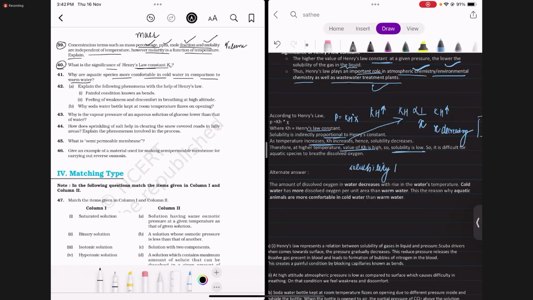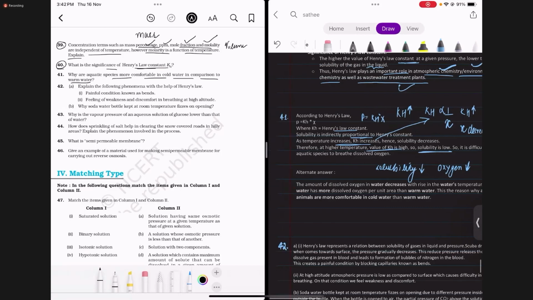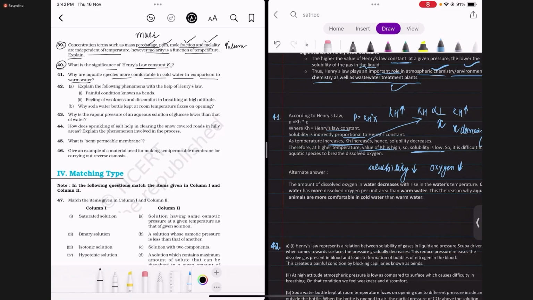low, अगर solubility low होगी तो amount of dissolved oxygen in the liquid is also low. यानी कि जो hot water है उसमें ऑक्सीजन की क्वांटिटी लो है, लो ऑक्सीजन, एंड द कोल्ड वाटर उसमें ऑक्सीजन की क्वांटिटी ज्यादा है. बिकॉज ऑफ हेनरीज लॉ कांस्टेंट इंक्रीजिंग, द सॉल्युबिलिटी ऑफ गैस डिक्रीजेस, एंड आल्सो वी नो दैट अगर वाटर वार्म होता